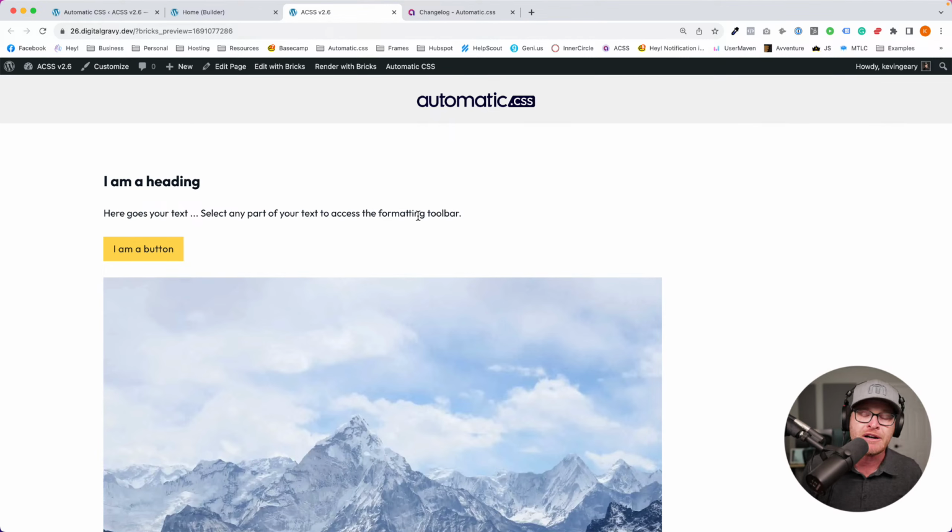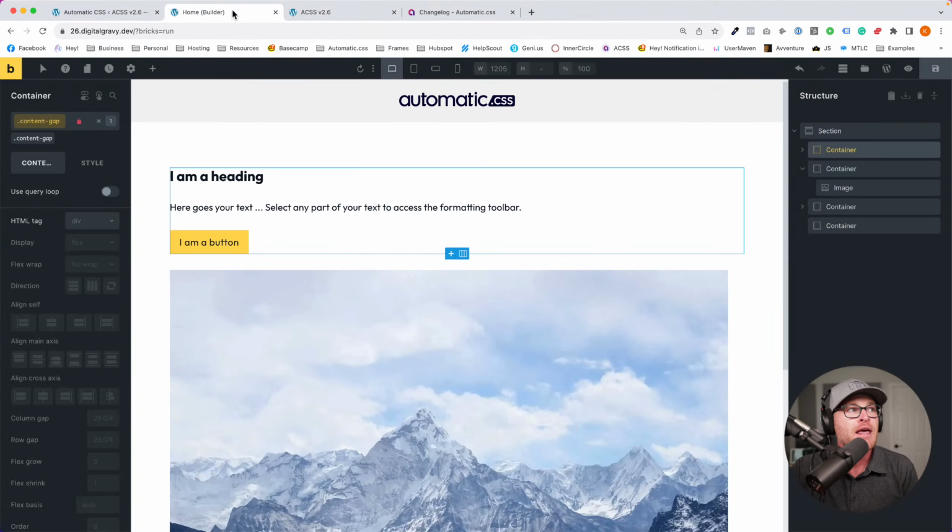I need container gap here. I need a grid gap here. So it's still a dramatic improvement over most people's workflows. But the question was always, can't we just make that even better? Can we make that even faster and with even less thought? And yeah, so you actually can.